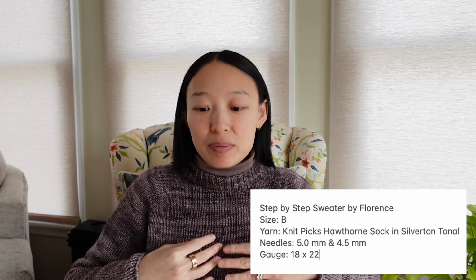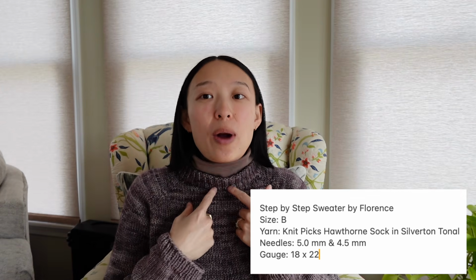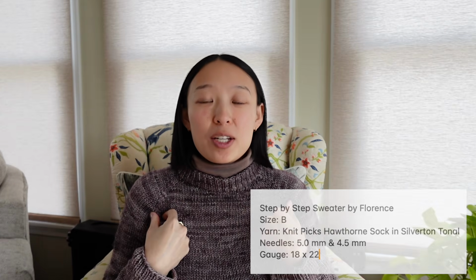So the first one that I have completed is my second Step-by-Step Sweater by Florence Miller. This is a completely knitted in the round, top-down raglan sweater. It's a very basic construction. I will go into the yarn first. The yarn that I used is this really beautiful tonal yarn,